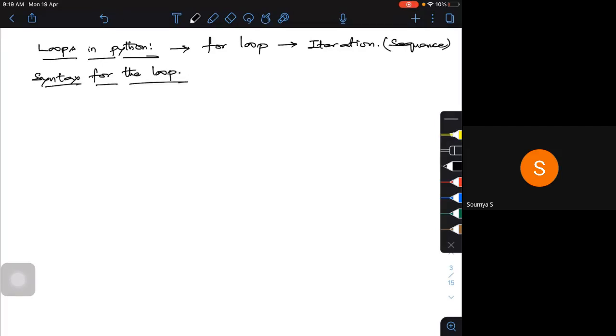For a value in a condition or a sequence where I need to check, followed by statements. What is this value or variable? VAL means actually it is a variable.